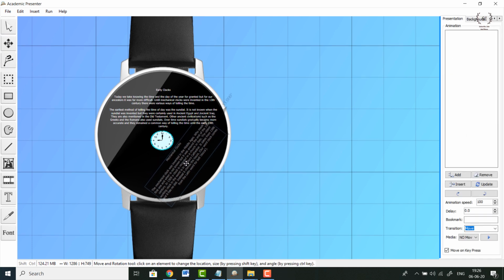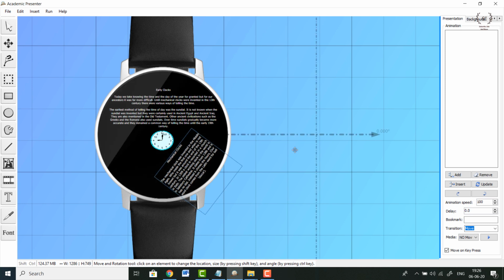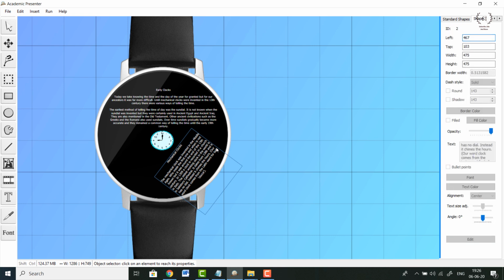You can move it around as you wish. Again, you need to press the shift button and move it around so that it fits properly inside this small section. So now this looks cool. Okay, fine. Let me show you how it looks exactly. But we are still having one glitch.